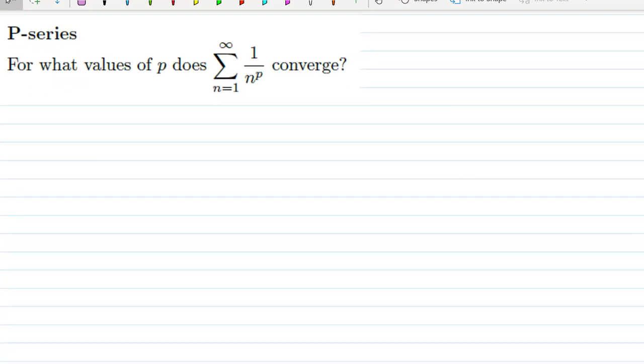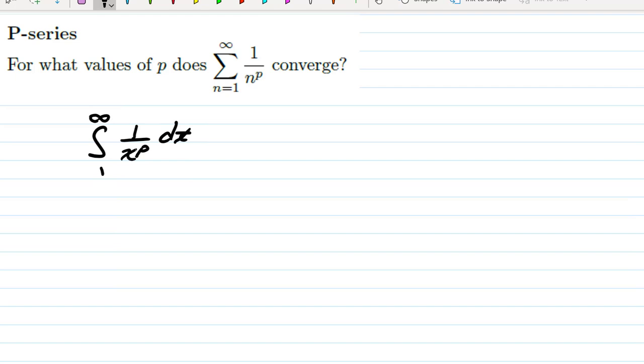So the p-series test is the answer to the question: for what values of p does the series, the sum as n goes from 1 to infinity, of 1 over n to the p converge? By the integral test, it's the integral from 1 to infinity of 1 over x to the p